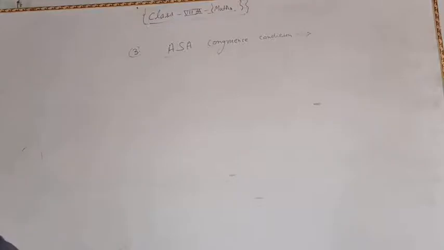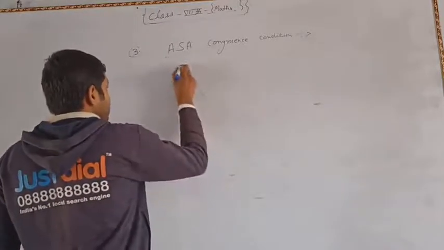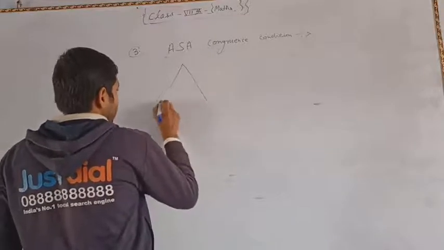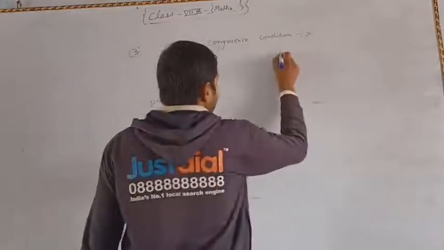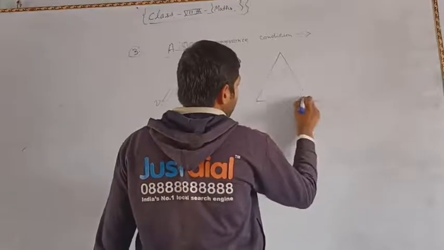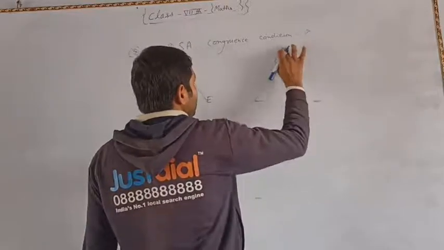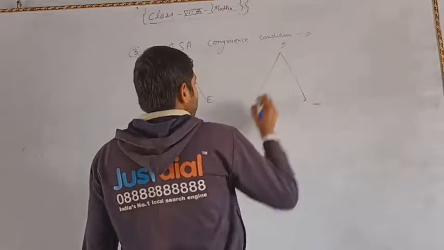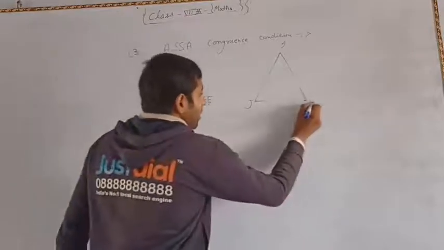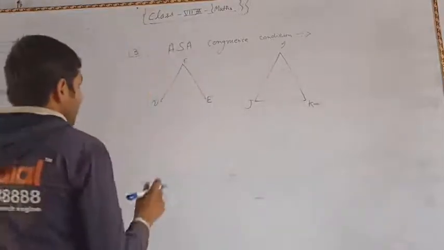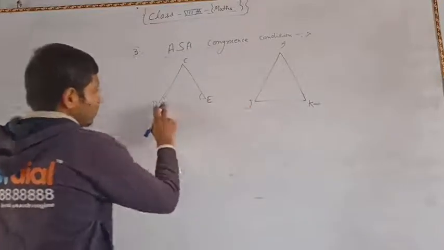In this type of rule, here if you have two triangles named as CDE, and here also you have a triangle named as IJK. Then in any two triangles, two angles, this angle and this angle,